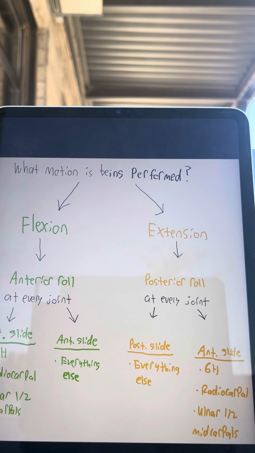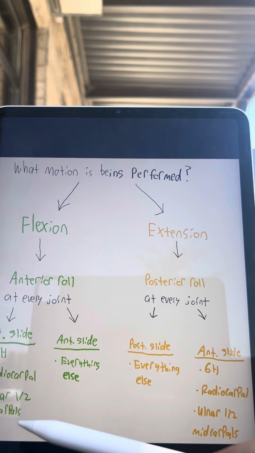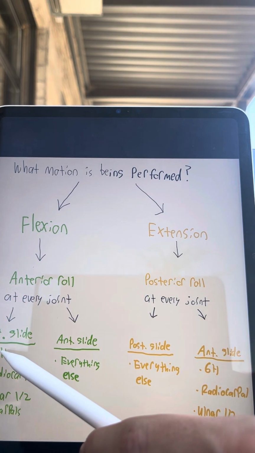If that works for you, awesome. That doesn't really work for me, so I try to go backwards with this. I ask myself what motion is being performed, and if it's flexion in the upper extremity, that will always end up in an anterior roll or spin, whatever you want to call it. And from there, you use your knowledge of joints to remember these three right here,